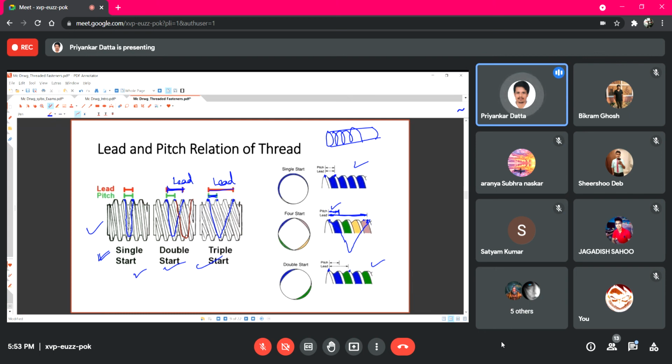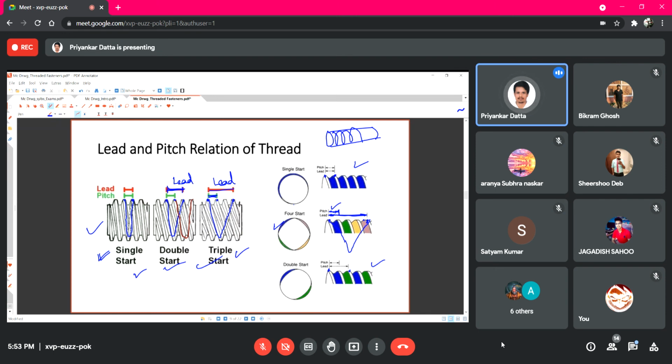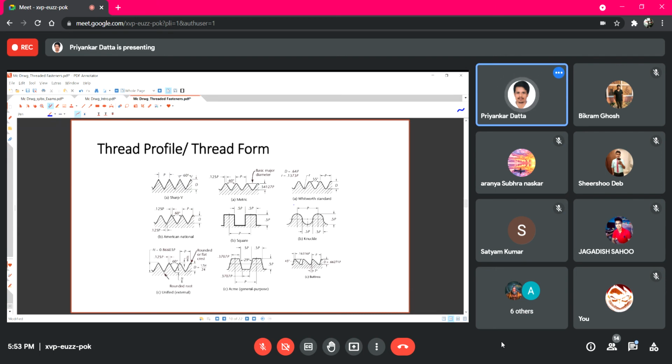In bottle caps and all, we generally use these triple start or 4 start threads, so that if you check the cold drinks bottles, within 1 or 2 rotations it closes very easily, right? So this is the relation between pitch and lead.